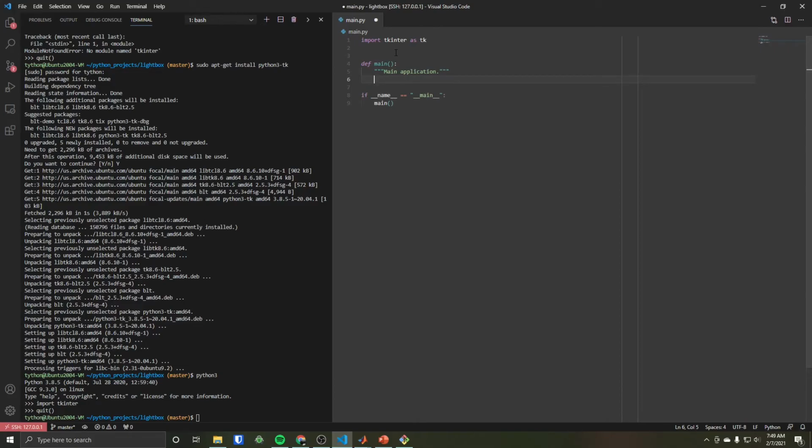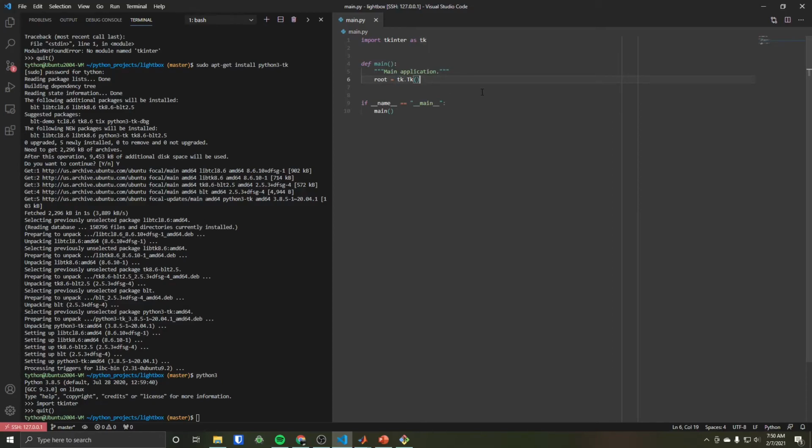Now the first thing to do, I'm cheating a little bit because on my other screen I have some sample code from what I've written before using Tk. The first thing to do is root equals tk.Tk. That initializes a